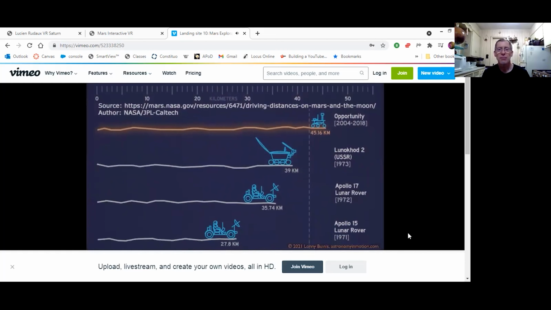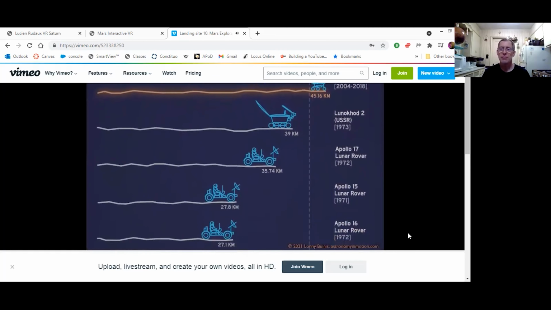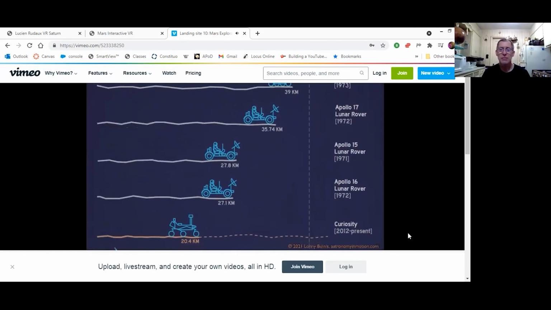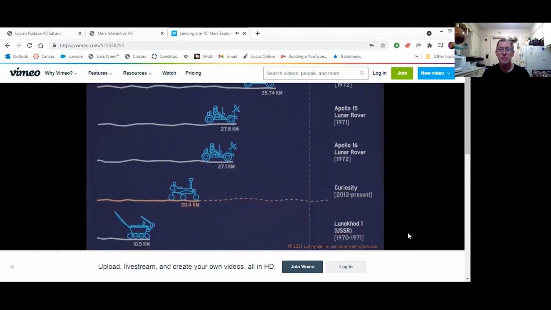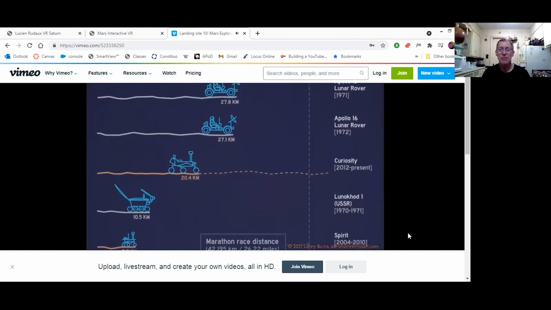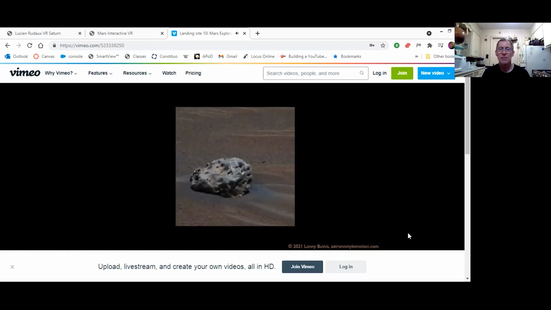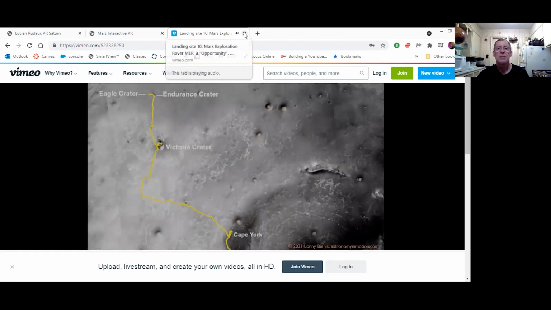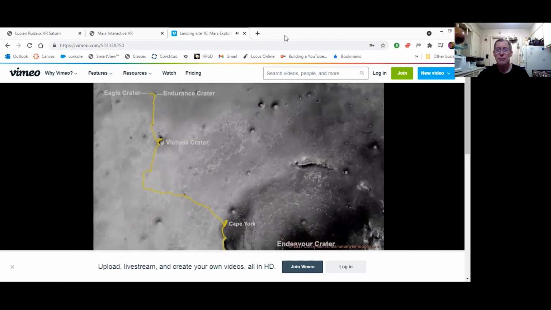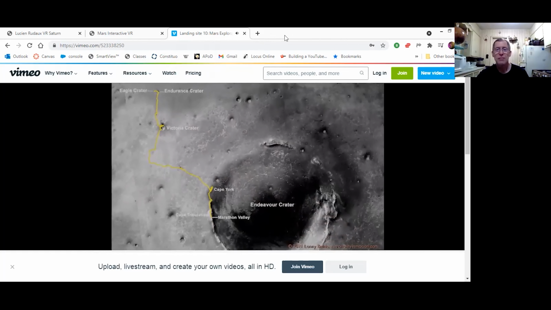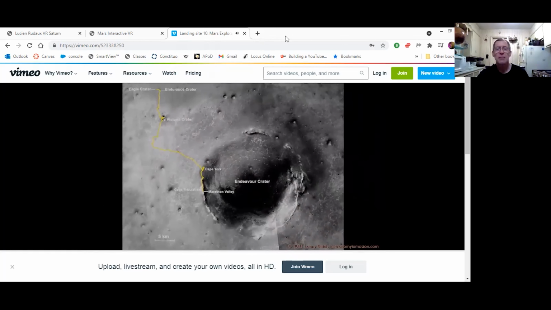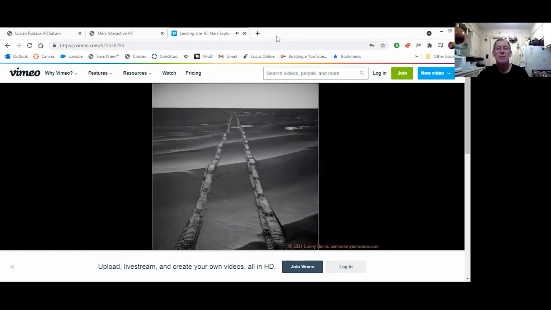By last contact, the rover had traveled a distance of 45 kilometers, or 28 miles, and held the record for achieving the longest off-world distance. Opportunity found the first meteorite foreign to Mars, named Heat Shield Rock. The rover extensively explored Victoria and Endeavour craters. A planet-wide dust storm in 2018 put an end to activities, and on February 13, 2019, NASA officially declared the